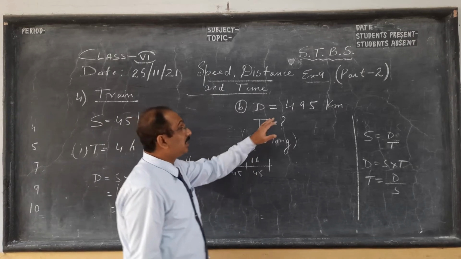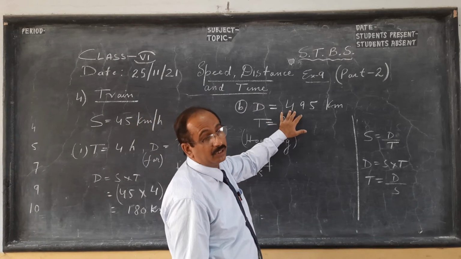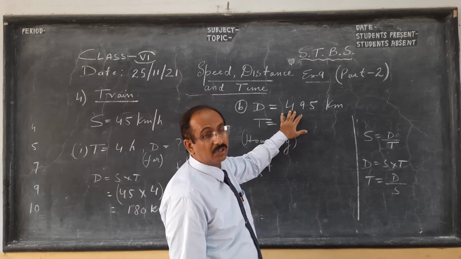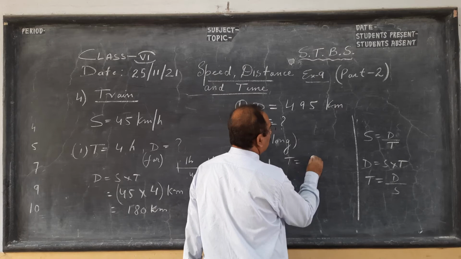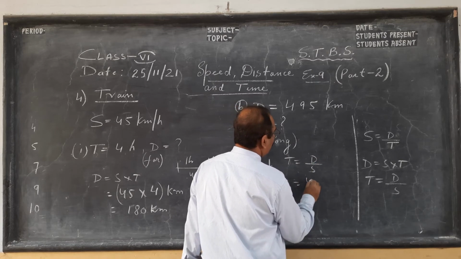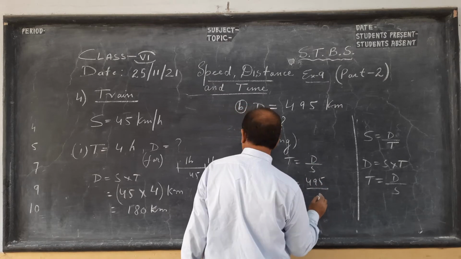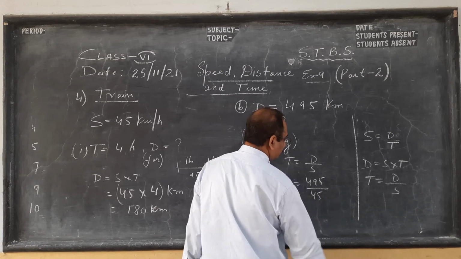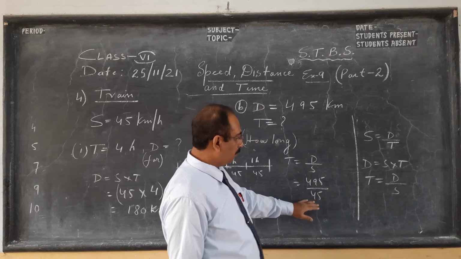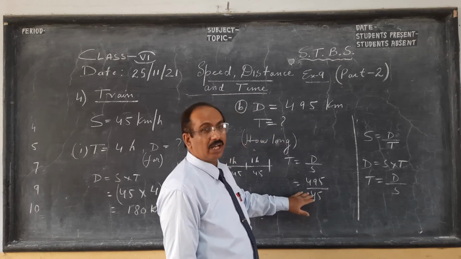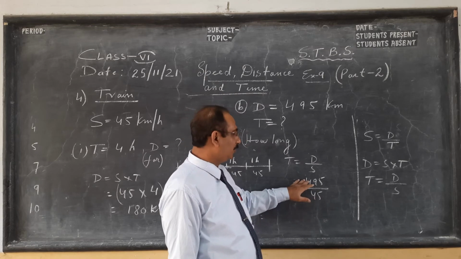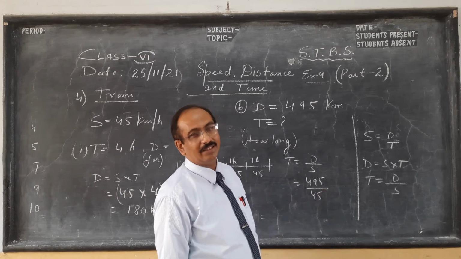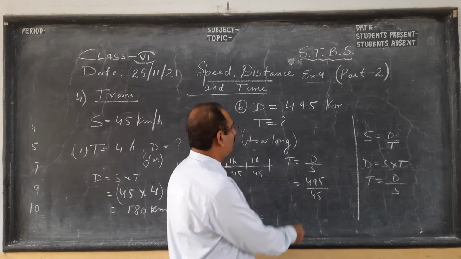Now the question is, it has to travel 495 kilometers. Quite a long distance, the train goes for a long journey also. What will be the time? So see this formula. Time is distance by speed. 495 we divide by 45. Okay. So you can do traditional division, or even I know mental maths: 45 11s are... anything 10s is 450, 11s is 495. The answer will be 11 hours. But how will you do it? Let us see.